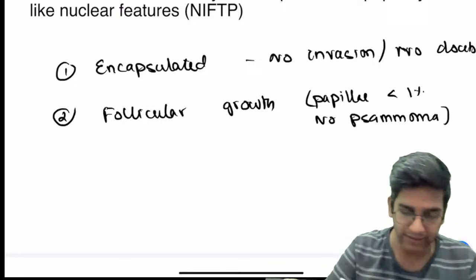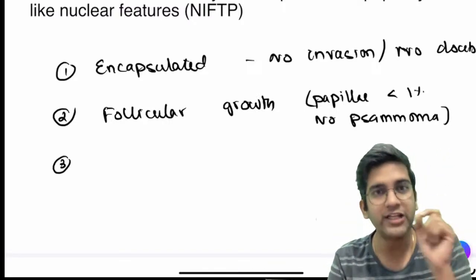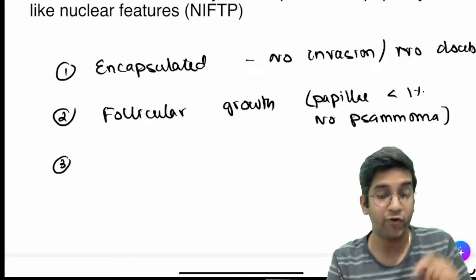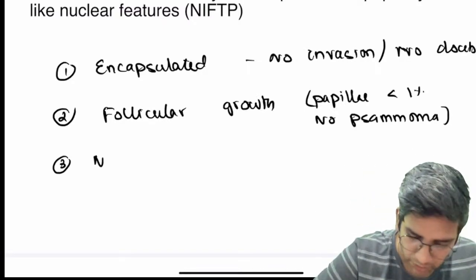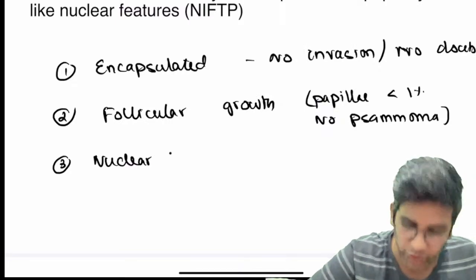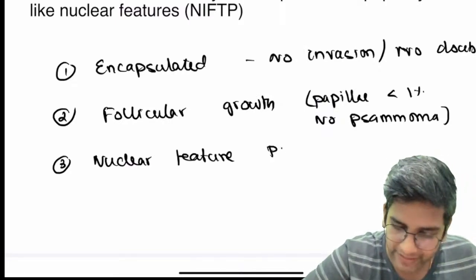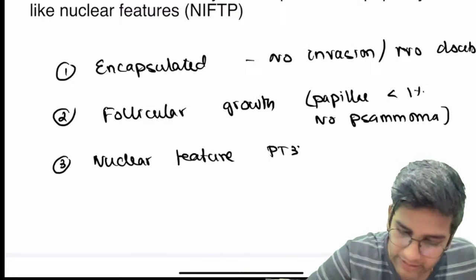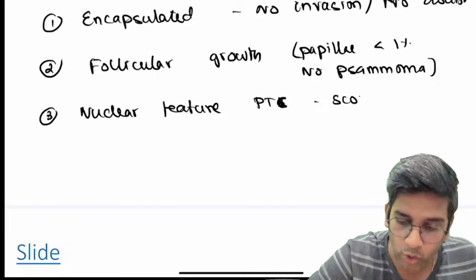Two important criteria. Third, again let's go to the name. NIFTP, non-invasive follicular thyroid neoplasm with papillary-like features. That's the third thing. I should have nuclear features of papillary thyroid tumors. Fine. The nuclear features should be of papillary thyroid carcinoma. In this, I have a very important thing. There should be a score. The score should be